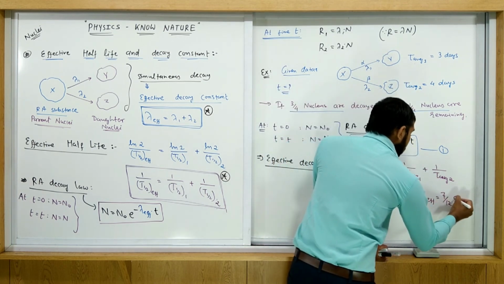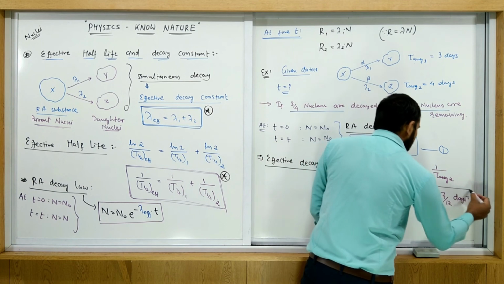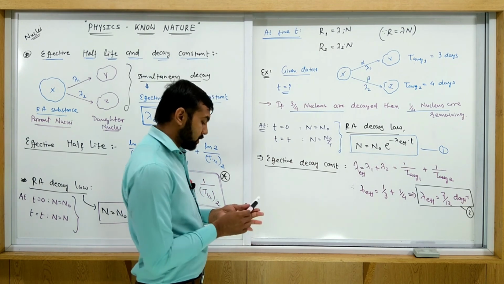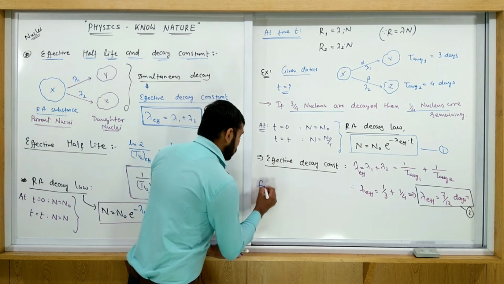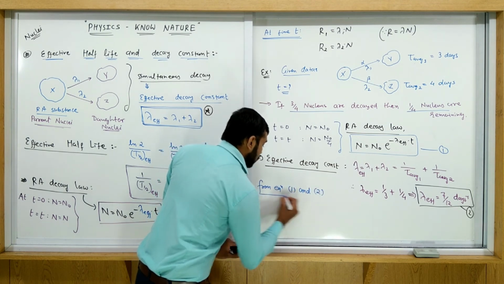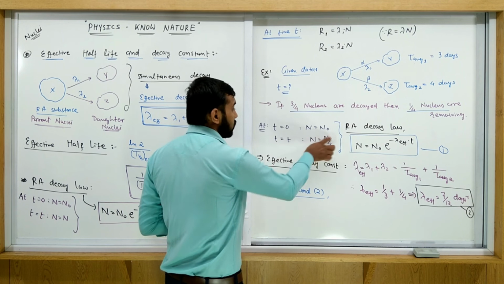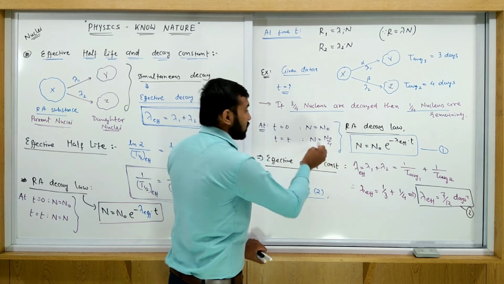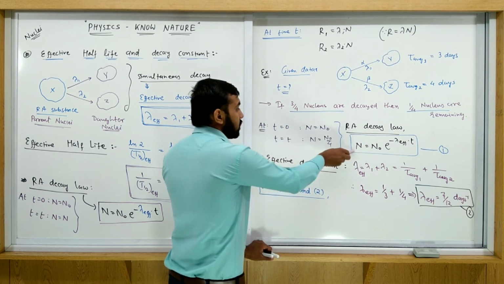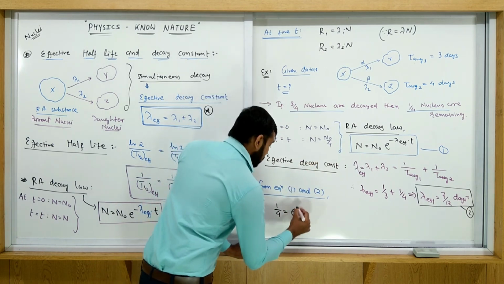Here the days are given, so the unit is days inverse. This is equation number 2. Put this value into equation number 1. From equations 1 and 2, what do we get finally? Lambda effective is put here. N is equal to N0 by 4, so N upon N0 is 1 upon 4. Put this in equation number 1: 1 upon 4 is equal to e raised to minus